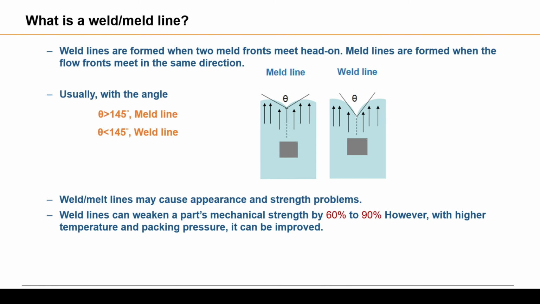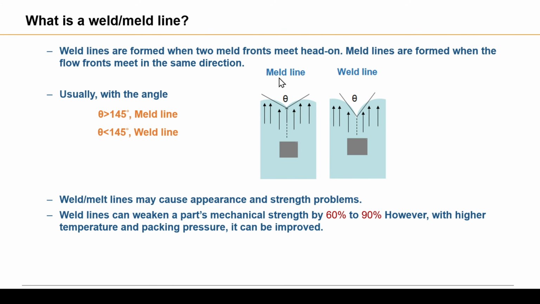And in that case, the polymer chains will not entangle with one another, they'll just bond and freeze, which will be a very weak interaction and will be easy to break in the final molded part. However, if the melt fronts are moving together as one, the weld line angle will gradually increase until it becomes a meld line, in which case we would no longer see it visually on the surface of the part in